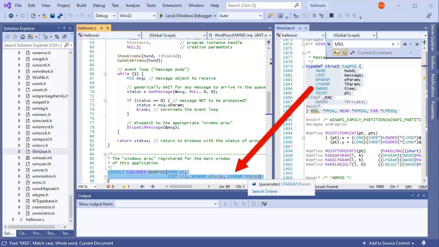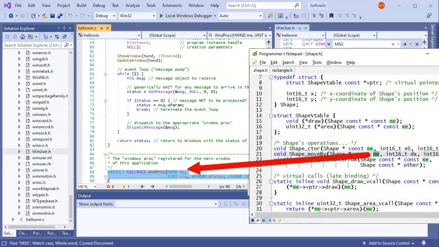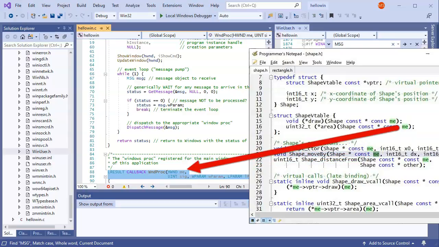I only took the liberty of renaming the first parameter from HWND, window handle, to me, to make it more clear that the WinProc is a member function of the window class. This is the naming convention for member functions introduced in lesson 30 about implementing classes in C. Actually, as you saw in WinMain, the WinProc is not just a member function. It is a virtual member function